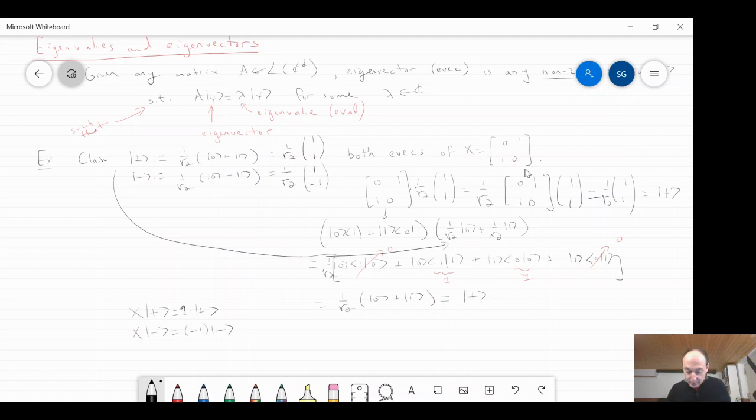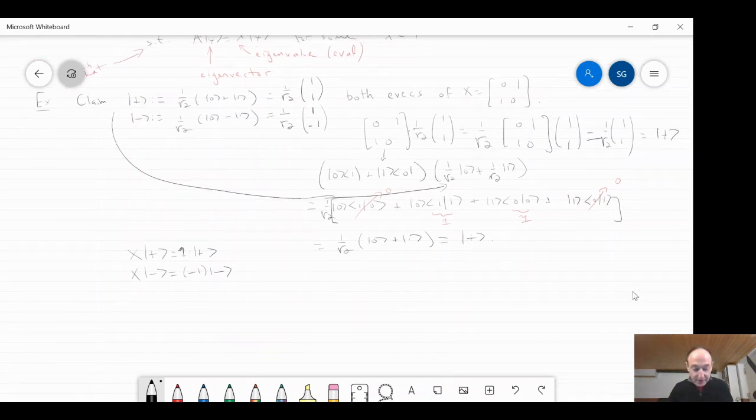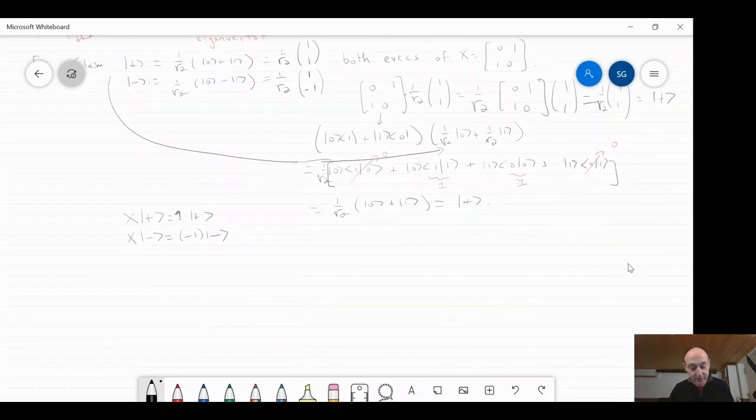And now that we know what eigenvectors and eigenvalues are, the reason we're talking about these things is because in the world of quantum information, the types of matrices we see turn out to be very special, in the sense that they can always be decomposed very nicely in terms of their eigenvectors and eigenvalues. This is a fact, and anytime you do a proof in quantum information, the first thing you do is try to apply this fact, which is the spectral decomposition. So let me tell you what that is.